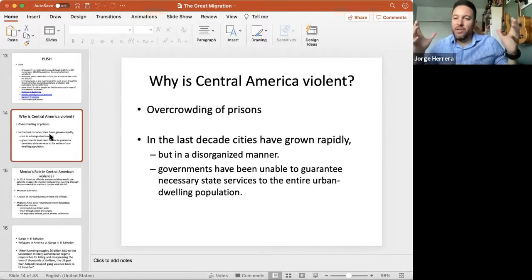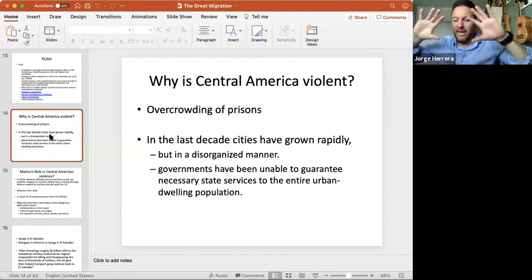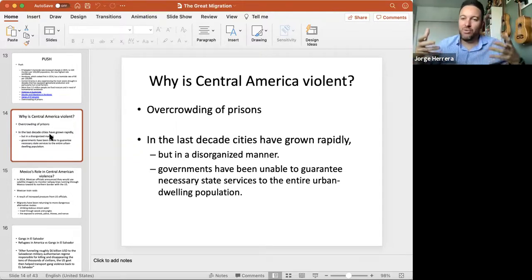Like where you live, you have running water. Where you live, you have electricity. It's up to you to pay it or not. If you don't want to pay it, then you're out in the streets and you're homeless. But even then, there are services so that you don't die of starvation. We have welfare. We have pantries. We have XYZ that is going to help you to be alive and survive. And in Central America, they have none of that. At least poor people here have running water and a roof over their head, right? Even if it's in a shack. In Central America, the government does not provide any of that.